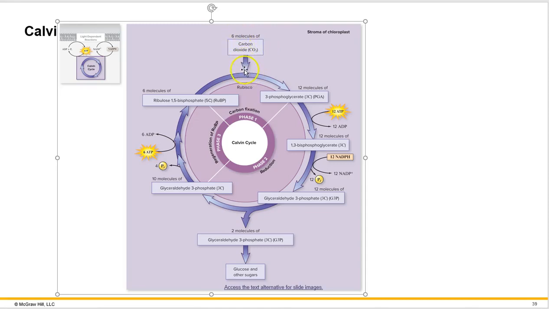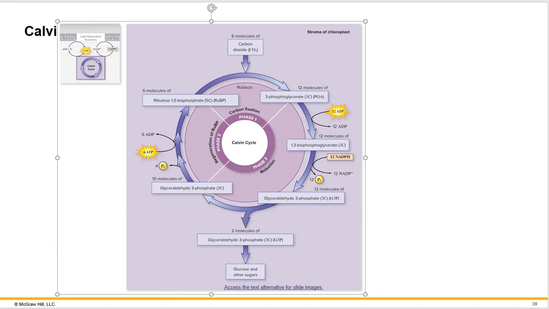And the quarters that you put in, if you have enough energy to turn the dial, and it takes 12 ATP, 12 NADPH, and 6 ATP here. So that's 18 ATP and 12 NADPHs. Then you can get 2 molecules of this stuff called G3P, which plants can use to make glucose and other